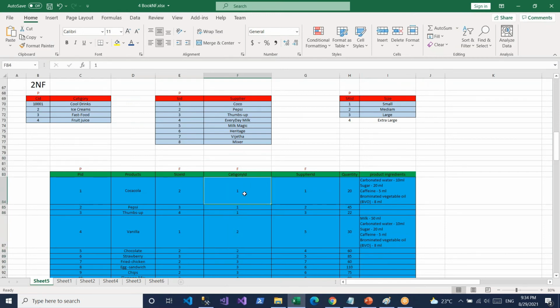So for example, here I am having 1, here I am having 2. If I refer to this value, 2 will be here, it is a different value. 1 will be a different value here in this case, right? So 1 will be there, 2 will be there. If I check based on this value, it will be a cool drink. If I check based on this value, it will be ice cream. How can we find?